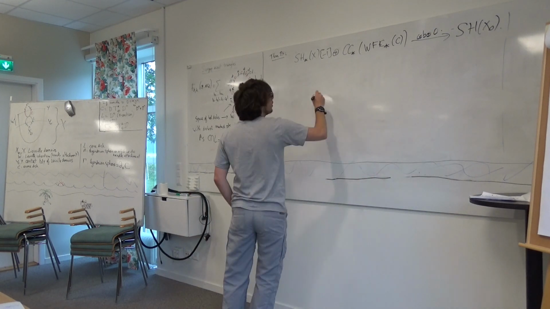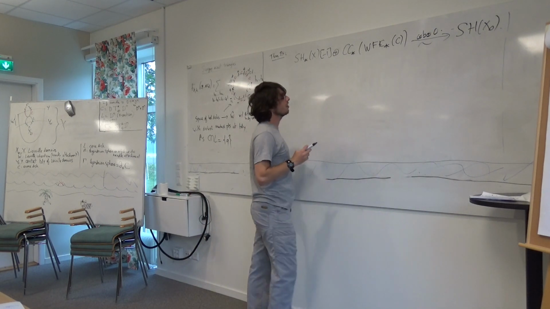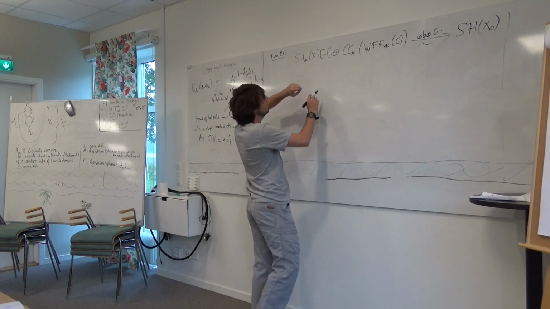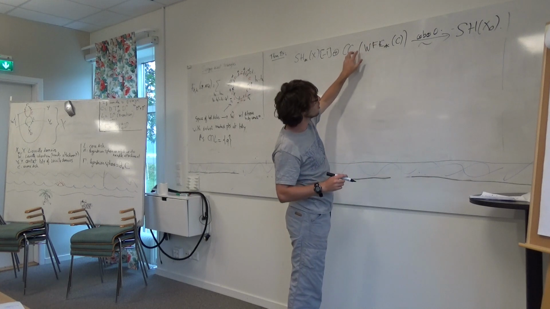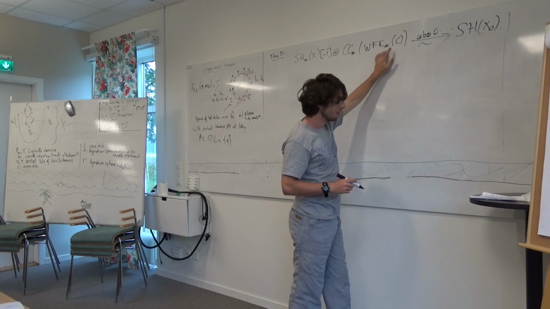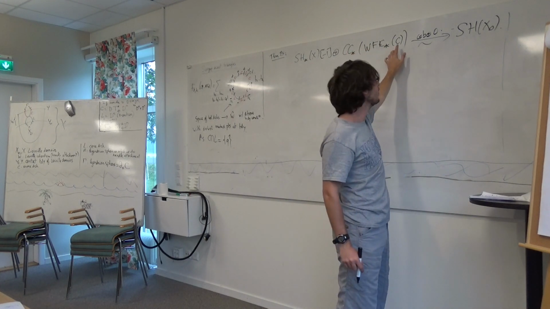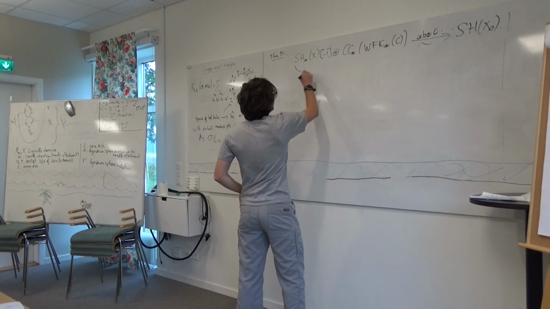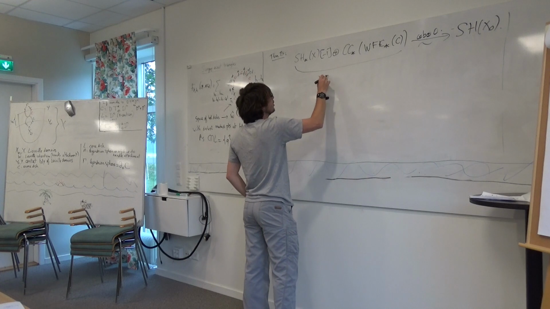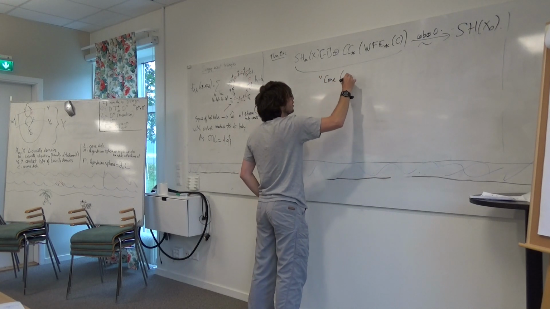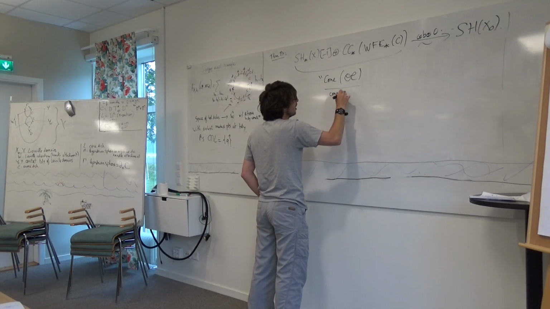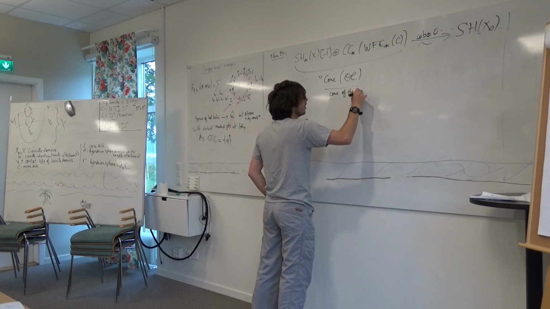So it's an isomorphism. Maybe I should explain. This is the symplectic homology of X. This is something that's constructed from the Rabinowitz Floer homology of C, and this is the symplectic homology of X null, and this is what we call the cone of the open-closed map. So, the cone of the open-closed map, which goes...